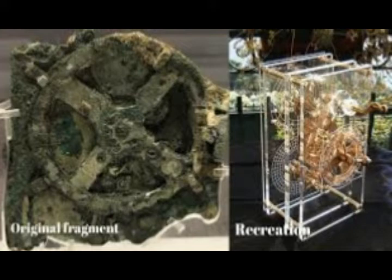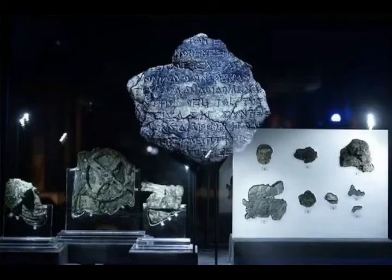The ancient Greeks used it to predict astronomical positions and eclipses decades in advance, and also used it to track the cycle of ancient Olympic Games. An unprecedented find, it was among the wreckage retrieved from a shipwreck off the coast of the Greek island Antikythera